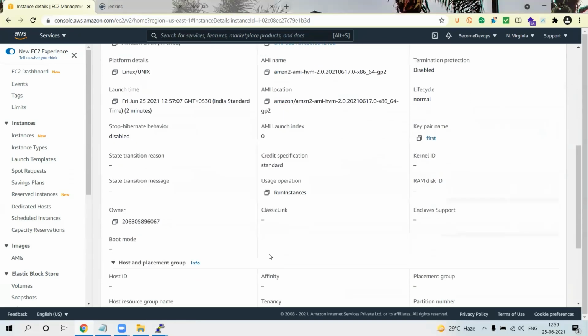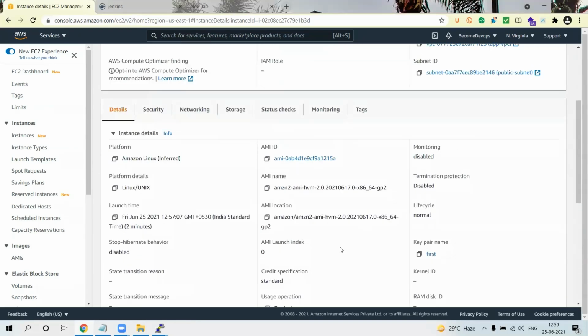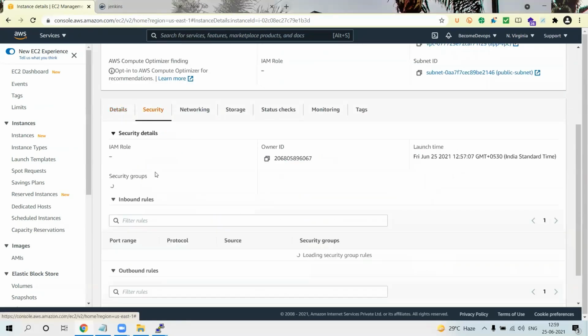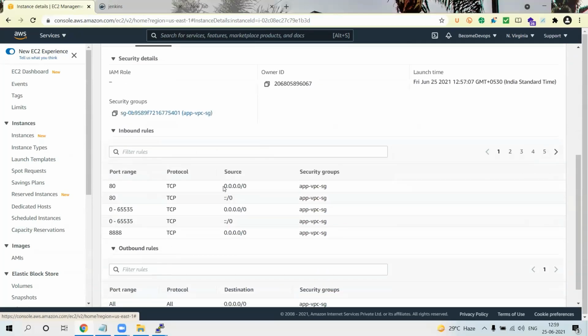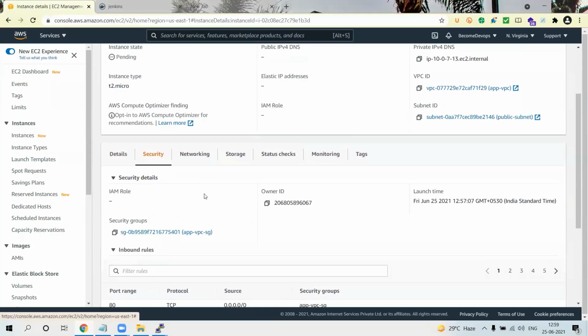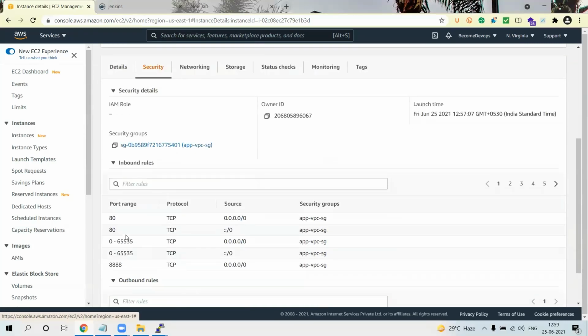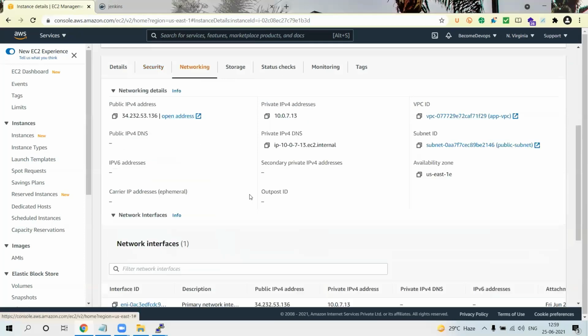The things you could see here are the security group, in which security group it is launched. I have opened all these ports here. So the reason why I didn't open any port explicitly while launching is that I have kept this port range open. In the network section, you'll be able to see in which VPC it got launched.